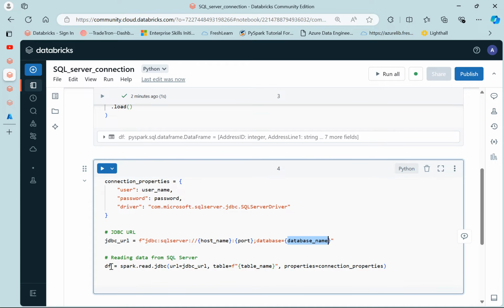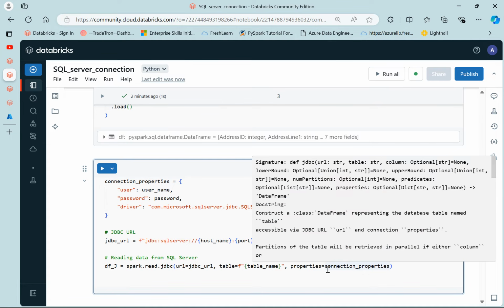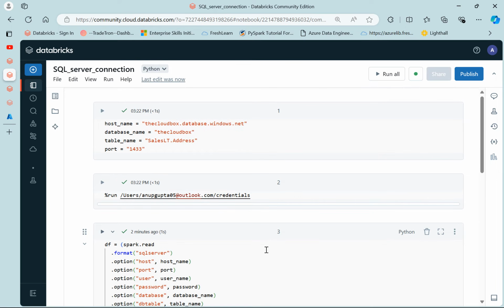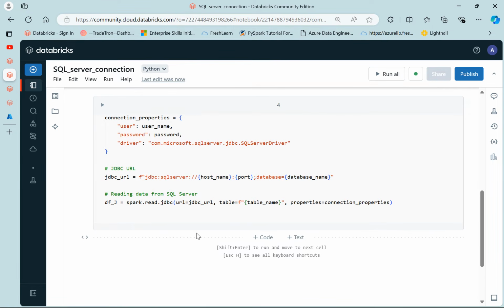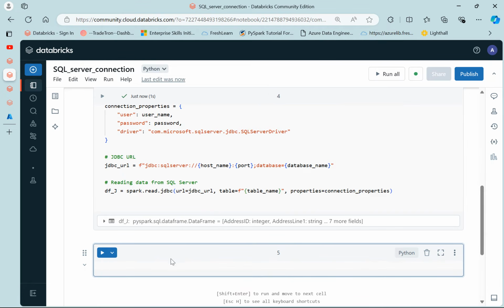And let me take this. Okay, so to read the JDBC URL, you need to pass the table. Basically you need to pass the table name and the properties. Okay, so you were seeing, right, the table name is coming something like that. So let me quickly run this. Let's see whether this method is working or not. Let's see, this is also working, right? So if I show it,